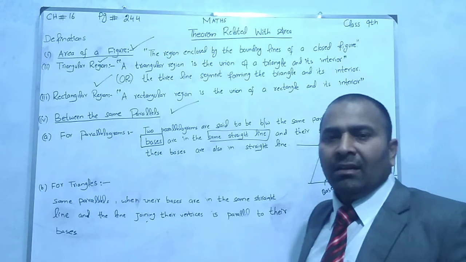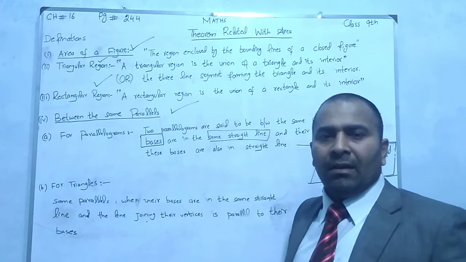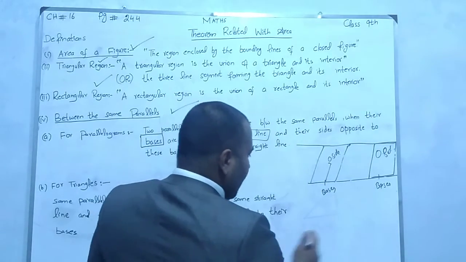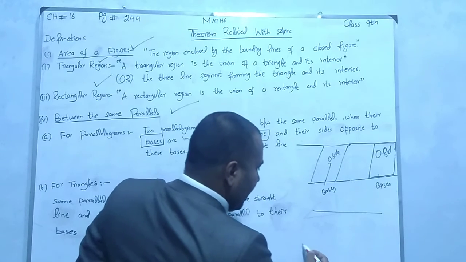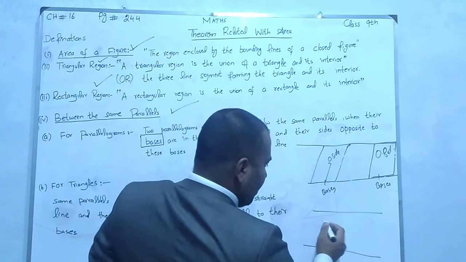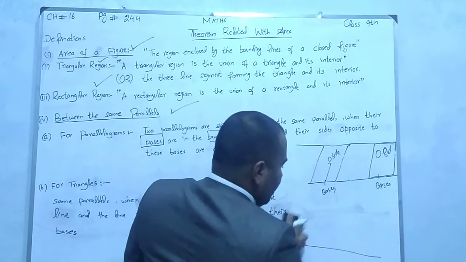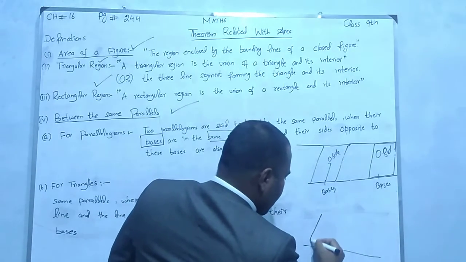Then they are known as between the same parallels for the parallelograms. So if I say this is one straight line, this is one straight line, they have the same base. If I say they have the same base, like this,